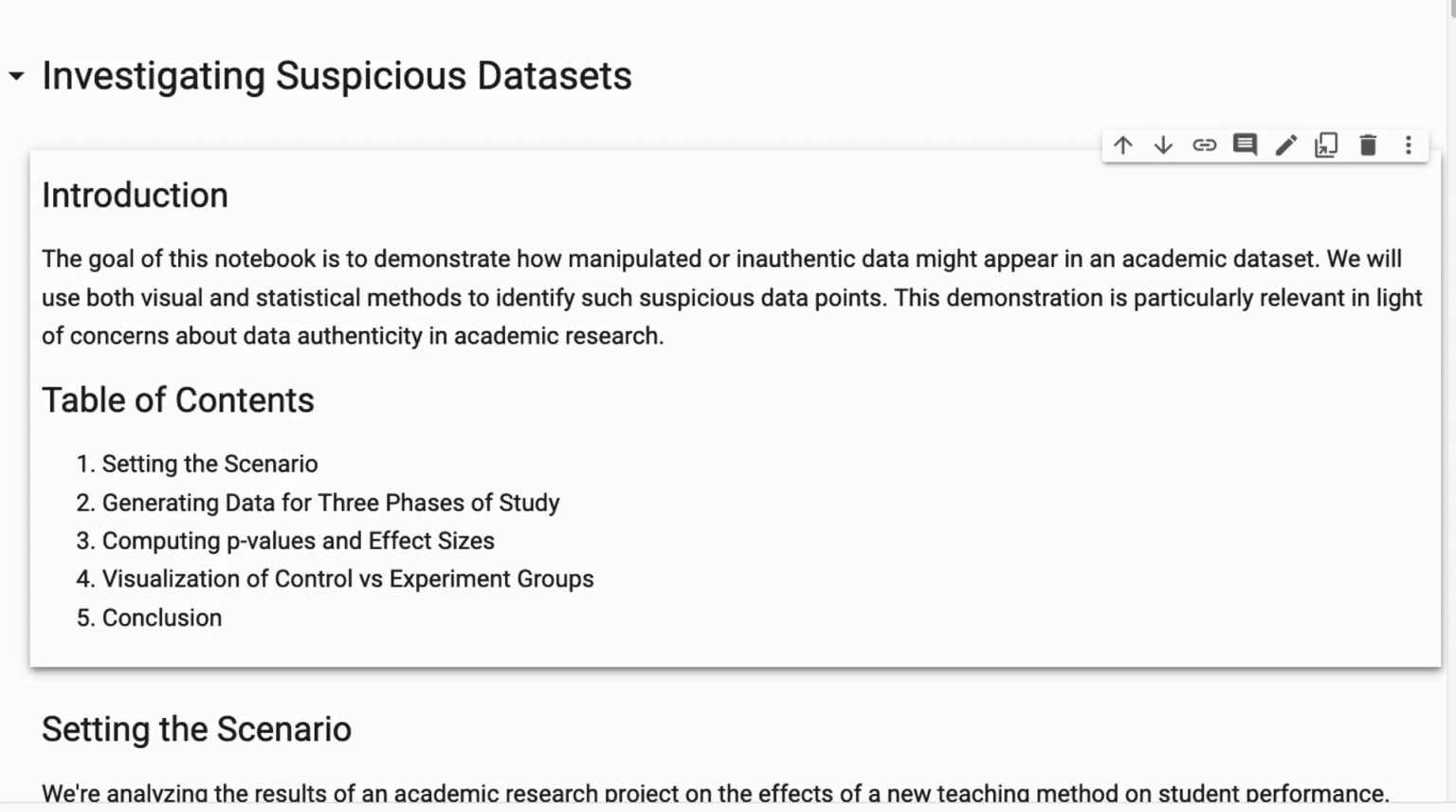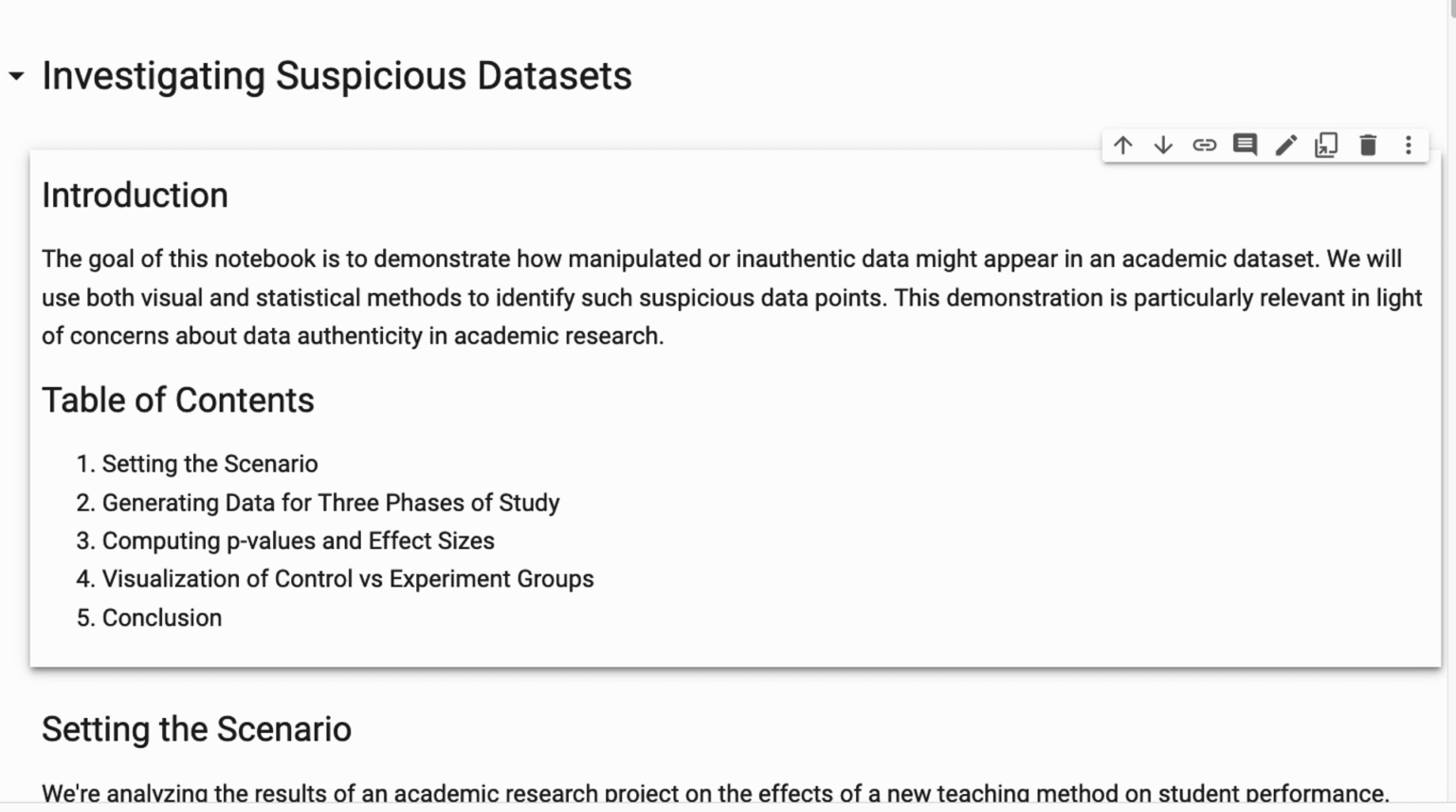So in light of recent scandals about elite colleges like Harvard and Stanford regarding academic research integrity, where some professors are alleged to use fake data in their study, today we're going to look at that. So how do we use statistical analysis and visualization to check on the dataset and to detect possibly fake or